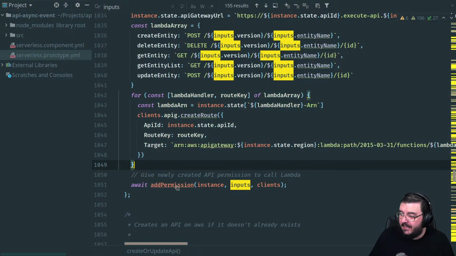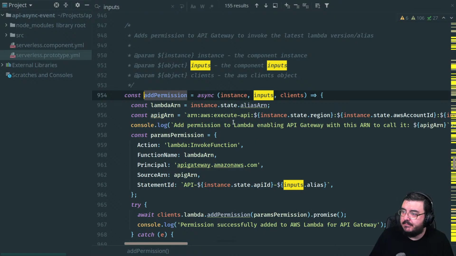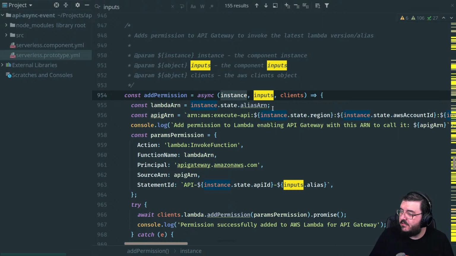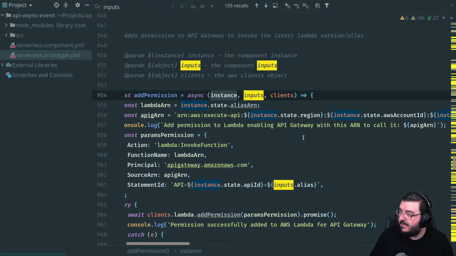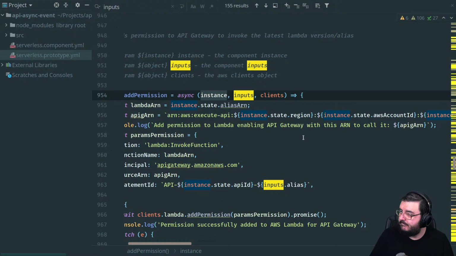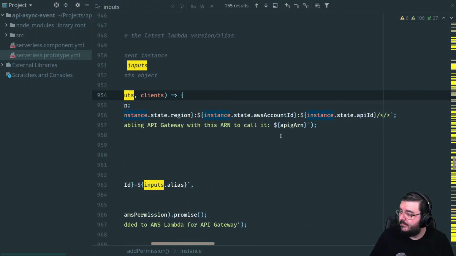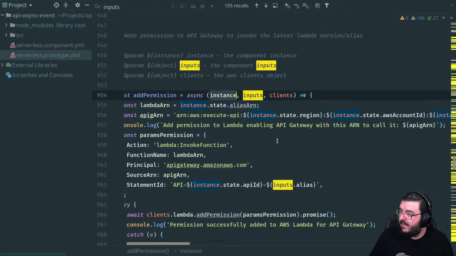I need to look at add permission here to see if I need to give a sudo instance. Let's see, alias ARN. Yeah, that's going to need to be based on our 5 lambdas, unfortunately. None of this is related to that.